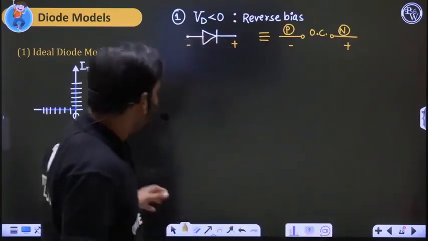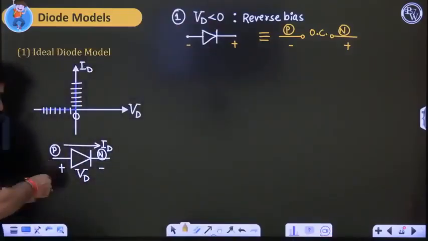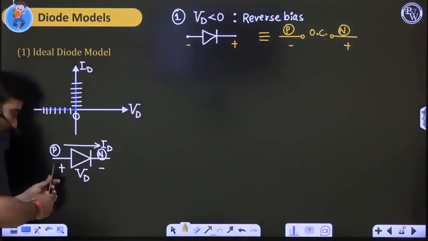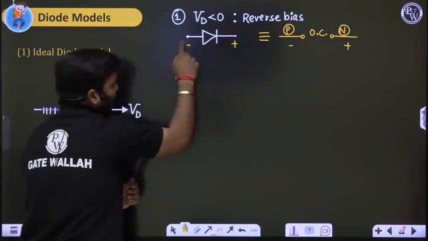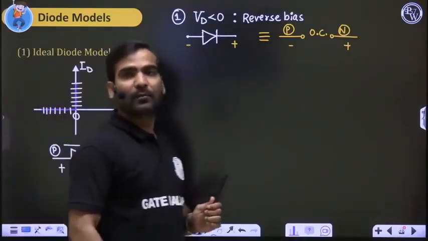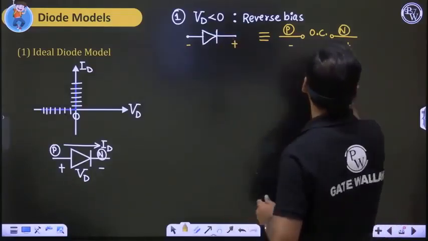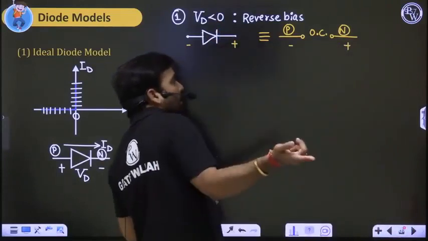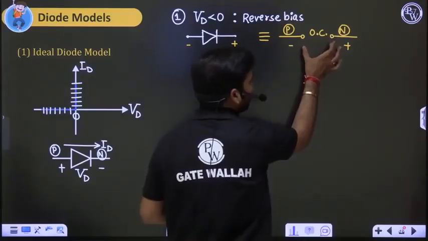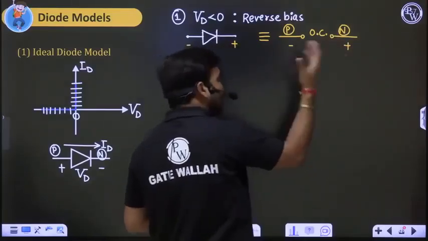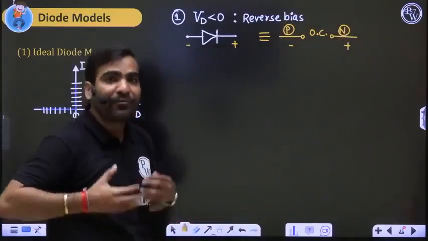So we are saying VD less than zero in the sense that we are measuring like that: P side to the plus terminal of the multimeter, N side to the negative terminal of the multimeter, but the actual voltage is like that. Because of that, VD is negative. Clear? So don't get confused that VD is less than zero. Here, suppose VD is less than zero, then again I will take another minus sign. So this is not your VD, this is the voltage measured in the circuit, and this voltage will obviously come positive, because N side positive, P side negative potential means the diode is reverse bias. So have a feeling of the reverse bias.